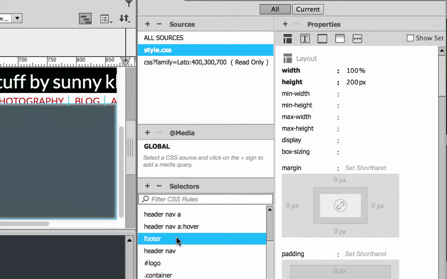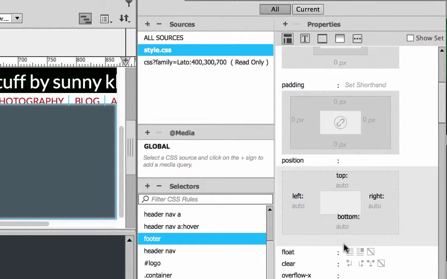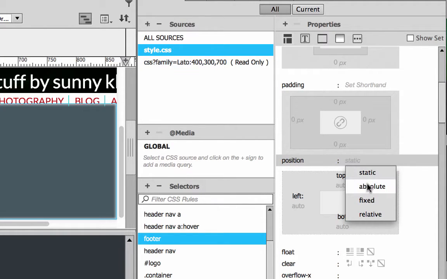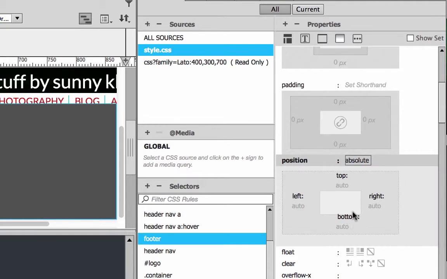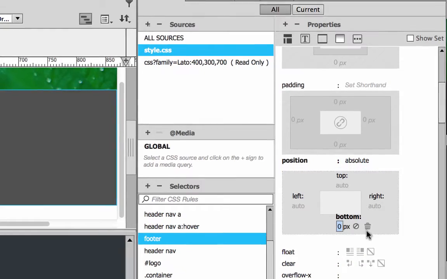So I go to my footer, under Layout, I scroll down to Positioning. So under Position, I choose Absolute, and I set the bottom positioning to 0.